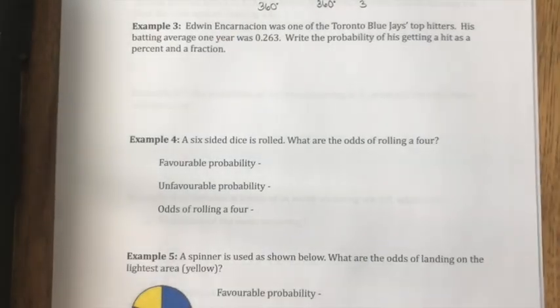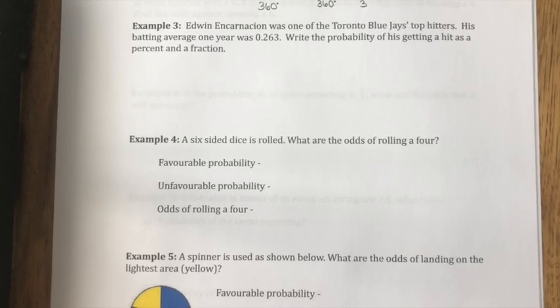Okay, our next example is Edwin, I'm going to butcher his name, I don't know how to say it, Encarnacion, I think it is, was one of the Toronto Blue Jays top hitters. His batting average one year was a .263. Okay, so that means